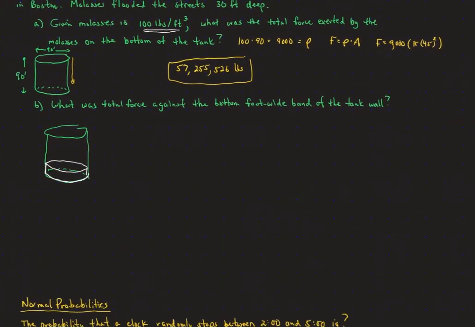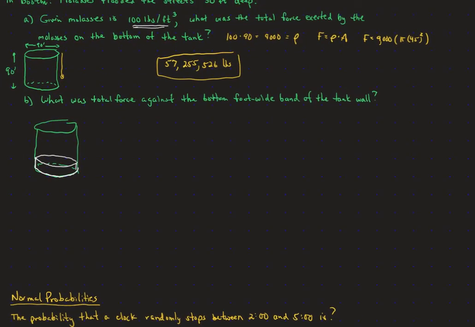So the next question, part B, asks, what is the total force against the bottom foot-wide band of the tank wall? So we're going to imagine now, this thing going down, the bottom foot-wide, that's going to be 89 feet, and then we're going to go down one more foot to there. So we're looking at the force exerted on that band. So if we imagine a little thin band right there, the force that's going to go against that